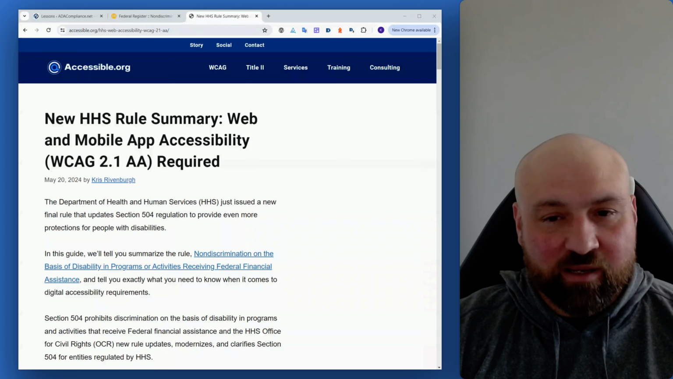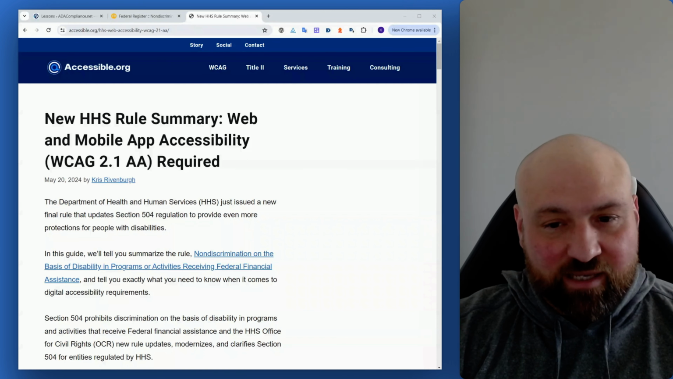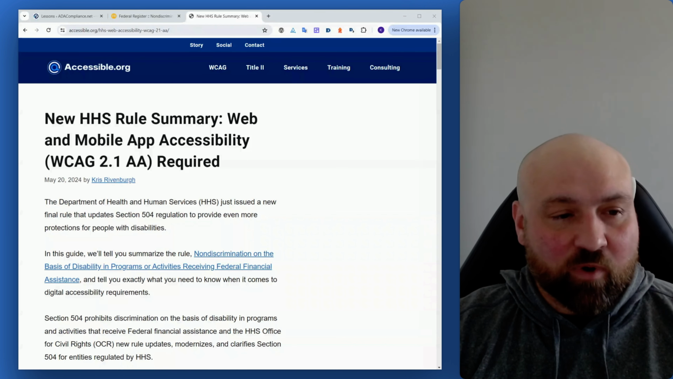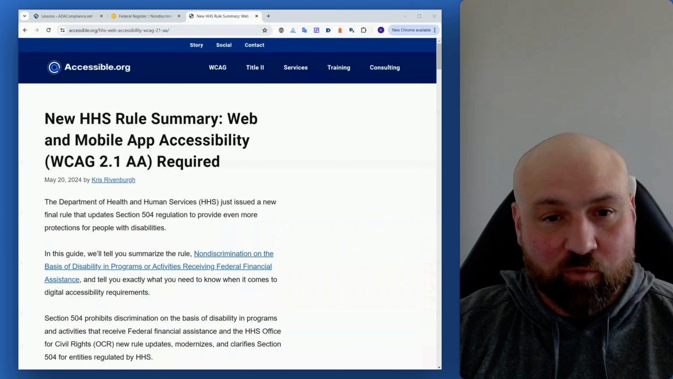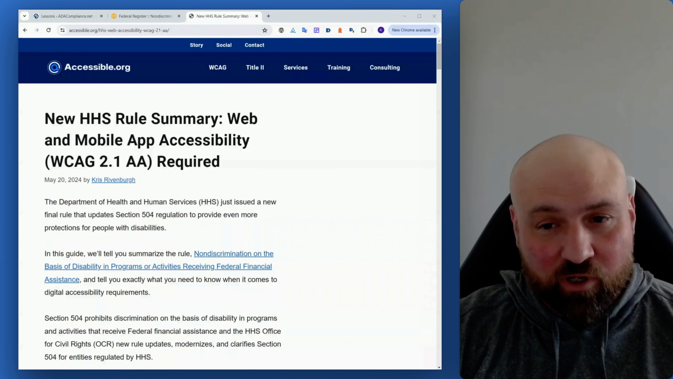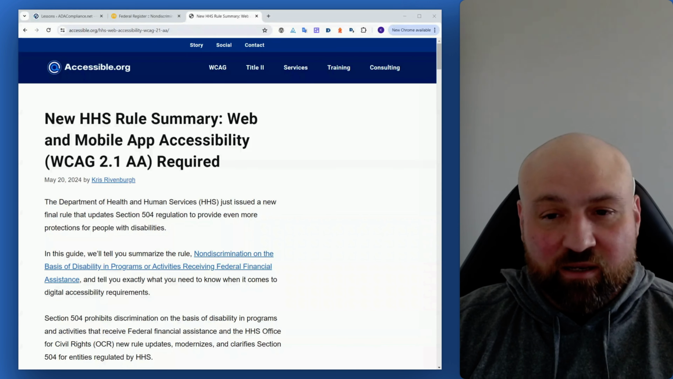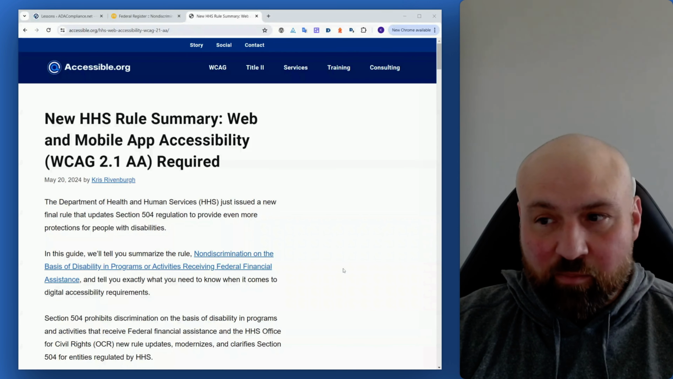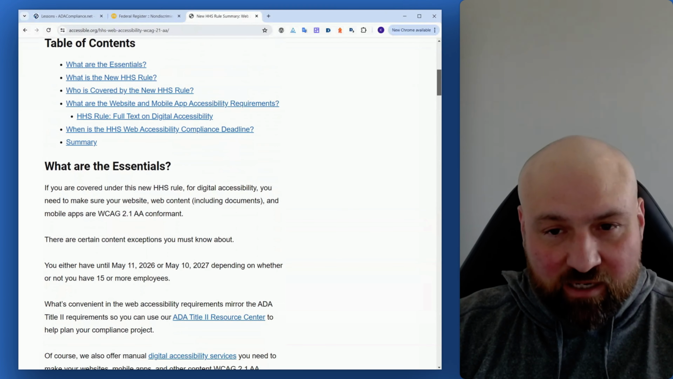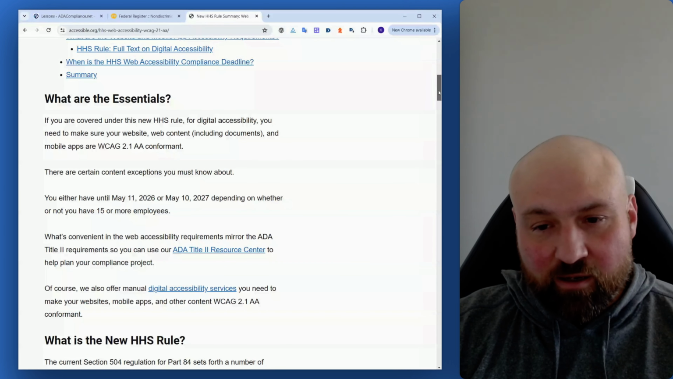So on the screen with me is a write-up from accessible.org. I will include this in a link in the description. And this write-up tells you basically what you need to know about this new rule as it pertains to digital accessibility. Again, this rule goes well beyond digital accessibility, but of course, digital accessibility is one important part of it. So, just to name a few things covered in this post, we have an essential section where you get the